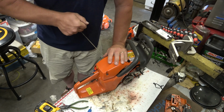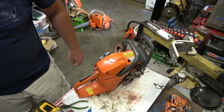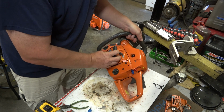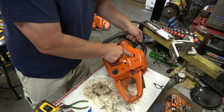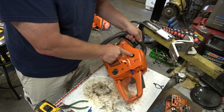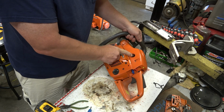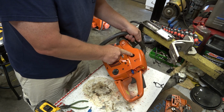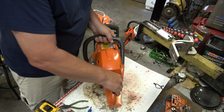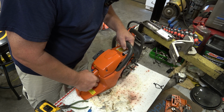There we go. Very nice. Alright. We're going to prime the bulb. This doesn't say how many times. There's fuel. Again, you're not priming the engine, you're just purging all the air out of the carburetor. That's got to be enough. I think,